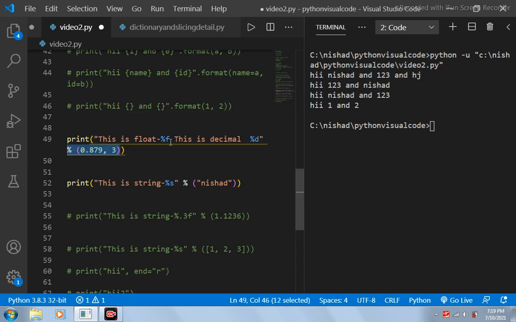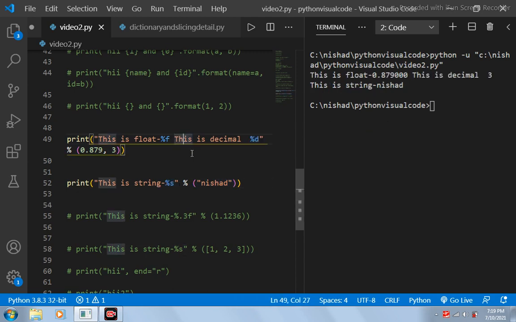Okay, so you must have seen this in the C language, that these are format specifiers. So if I do this, this is a float number, right? So if I want to print a float number, I'll be using a %f. If I want to print an integer, that is this 3 in this case, I'll be using the %d. If I want to print a string, I'll be using this %s. So here this float number will be put over here, this integer number will be put over here, and this string will be put over here.